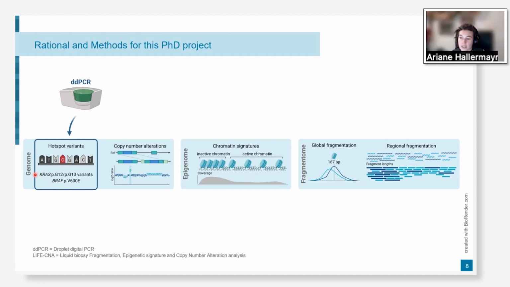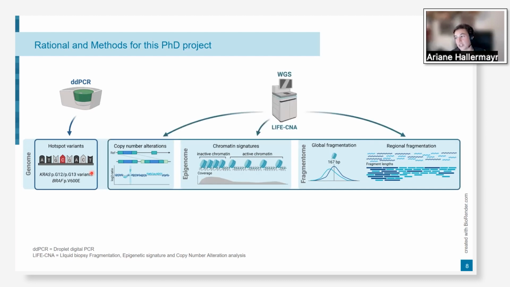One would be targeting KRAS p.G12 and p.G13 variants, and the other BRAF p.V600E variants. So, distinct hotspot variants that are known to be frequently present in colorectal cancer patients. And then I also developed a second method that is whole genome sequencing based, and we called it live CNA. I will tell you more about this later, but this approach specifically identifies copy number alterations, chromatin signatures, and global